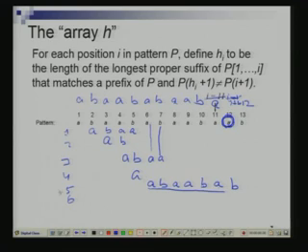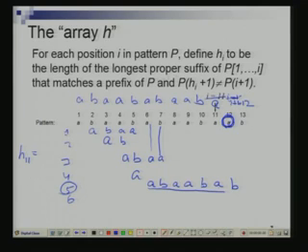So we will say that 5 is a reasonable value to shift by. So h of 11, or the 11th location of this array, would be, okay, we'll come to what it is exactly.